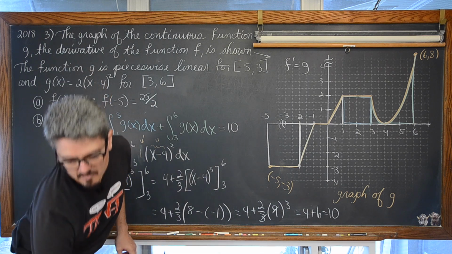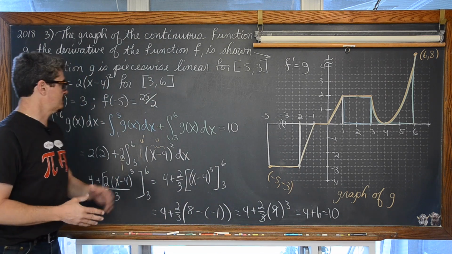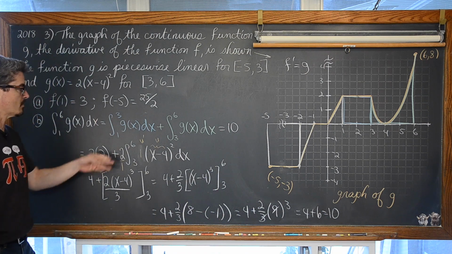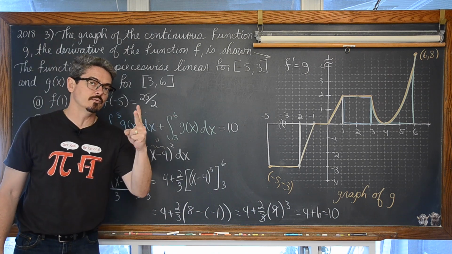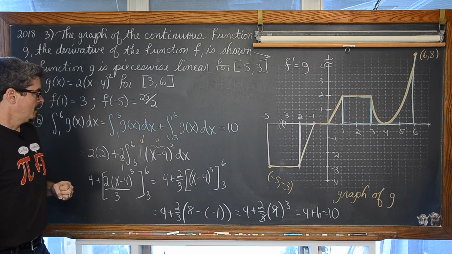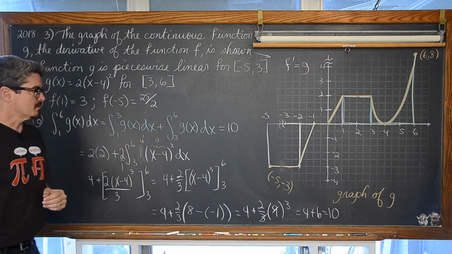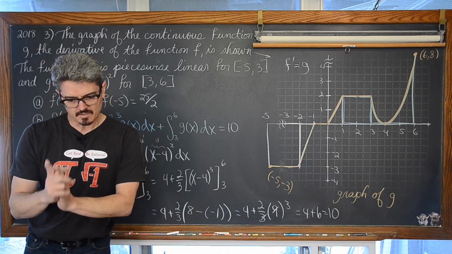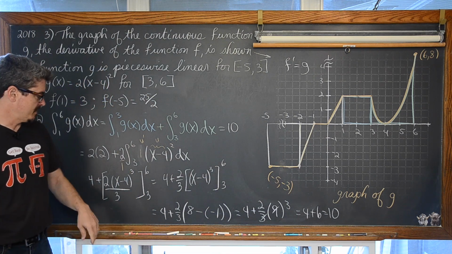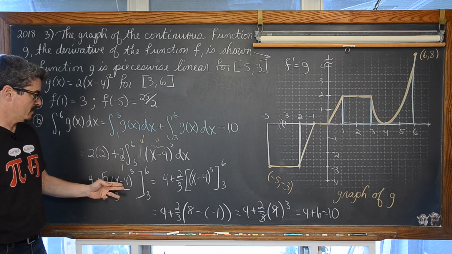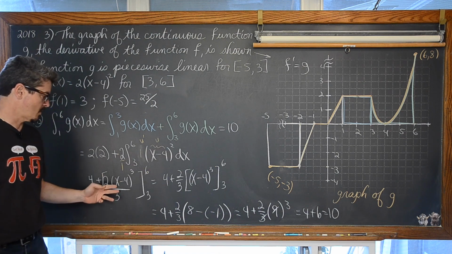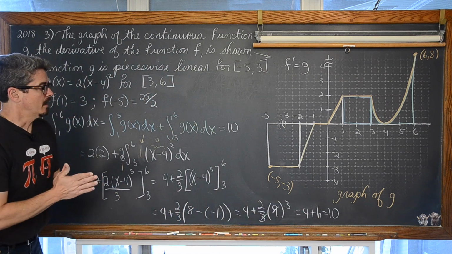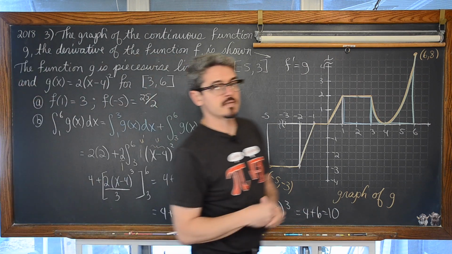Yes, we have a point for recognizing that you have a split at the x value of 3. So recognizing that this one definite integral really requires you to analyze 2 gives you a point. Writing the correct integrals with the proper limits is not going to give you a point, but coming up with the correct antiderivative, integrating (x - 4) squared correctly, gives you a point. And then finally, your final answer is going to give you that last third of the 3 points that you earned from this part.